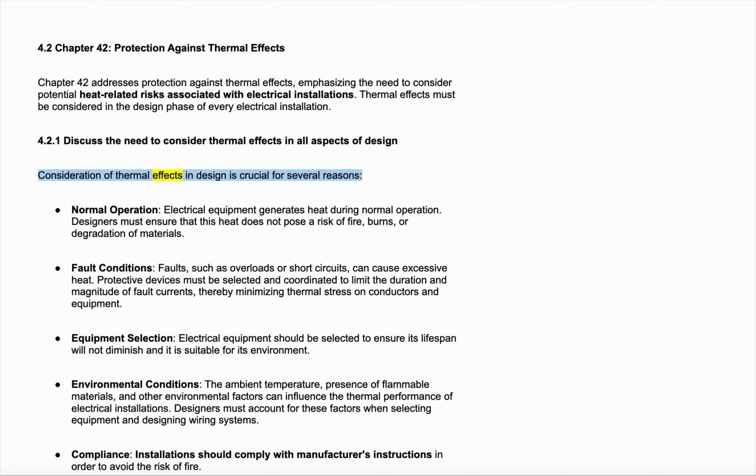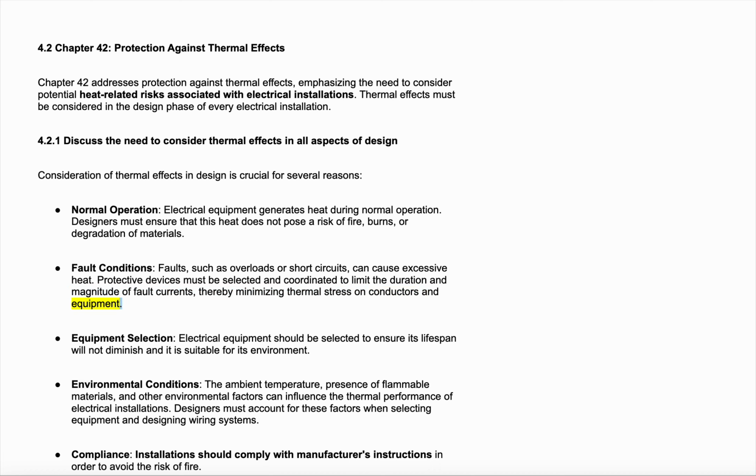Consideration of thermal effects in design is crucial for several reasons. Normal operation. Electrical equipment generates heat during normal operation. Designers must ensure that this heat does not pose a risk of fire, burns, or degradation of materials. Fault conditions. Faults such as overloads or short circuits can cause excessive heat. Protective devices must be selected and coordinated to limit the duration and magnitude of fault currents, thereby minimizing thermal stress